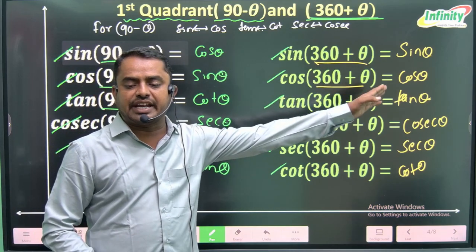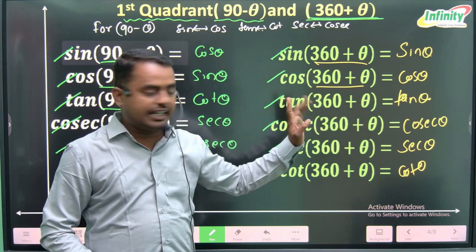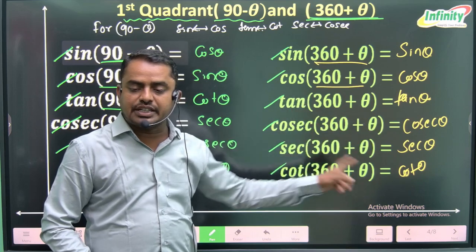Sine will become sine itself. Cos will change to cos itself. Tan theta. Cosec will be cosec theta. Sec will be